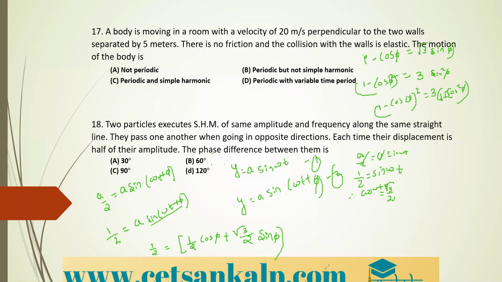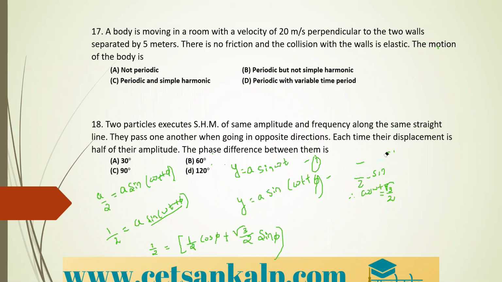So here the solution is a bigger one, but the thing is you need to take two equations of motion, and then apply the sine A plus B formula. So there the simplification becomes a little lengthier. So option D is the correct one. We will get two solutions here, one is 0 and one is 120 degree. So in the given options, 120 degree is the correct one. Okay. Next question.